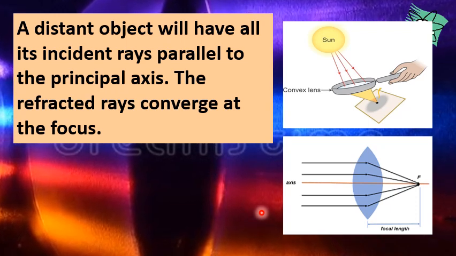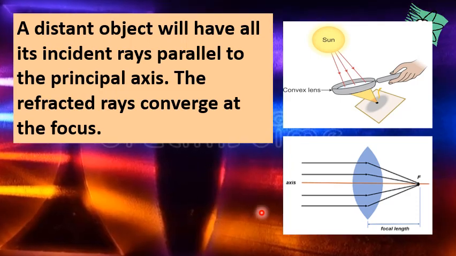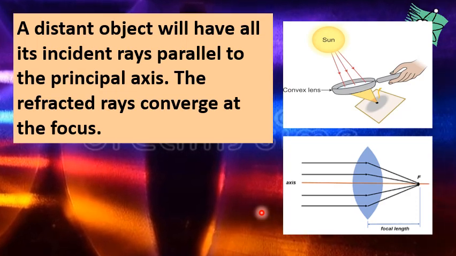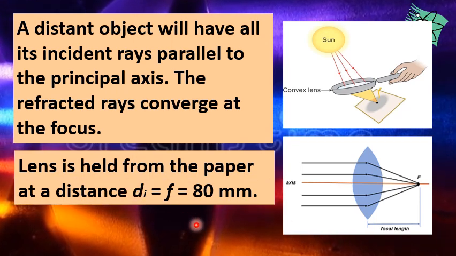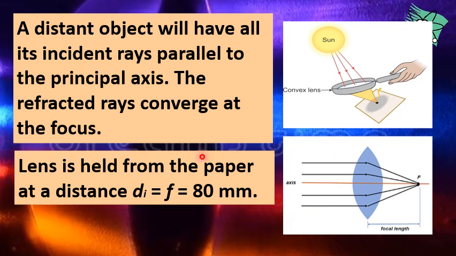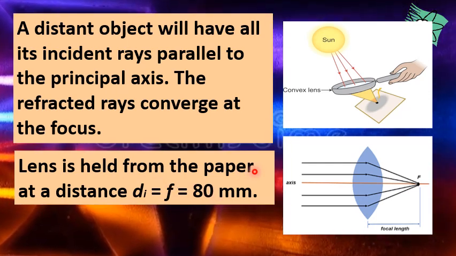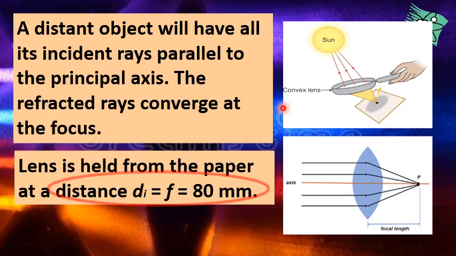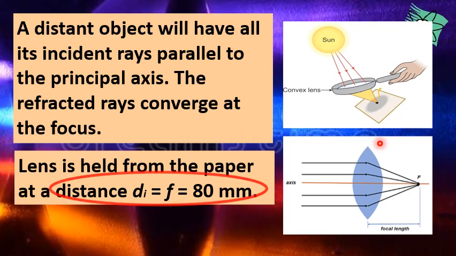The lens, such as a magnifying glass, must be held from the paper a distance equal to 80 millimeters, or exactly equal to the focal length, right? That means this lens must be placed exactly at the focus of this converging lens so that the rays of the sun will be converged exactly at the focus,